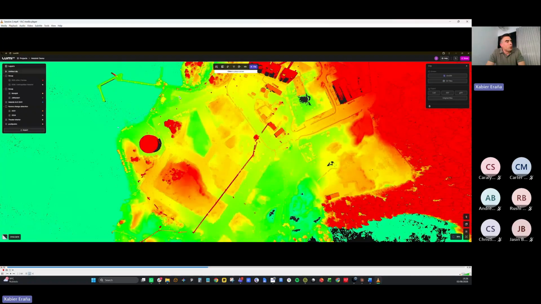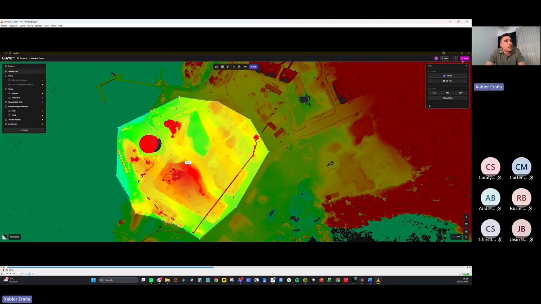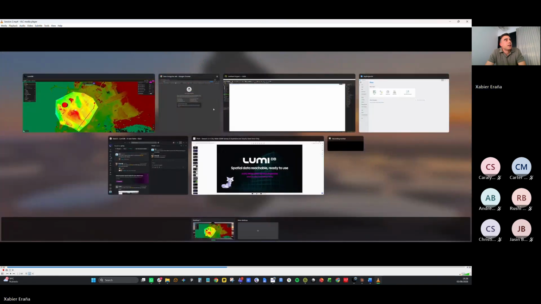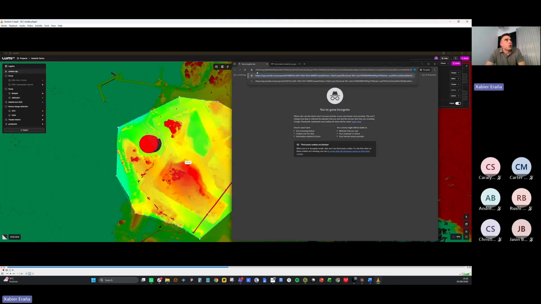The next thing I will do is to share a piece of data for you to see how every department can have access, or even anyone outside the department. There we see the different roles we can provide to those with whom we want to share our data. The viewer can only visualize, the analyst can also leave some marks by means of lines and other data types. And the admin has full control.